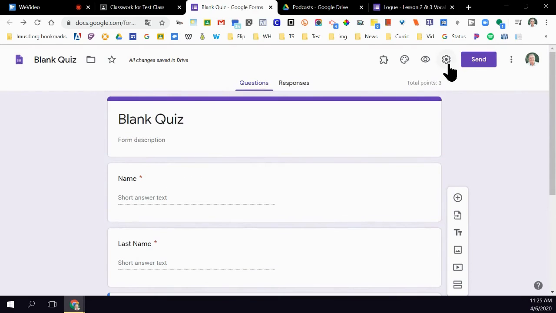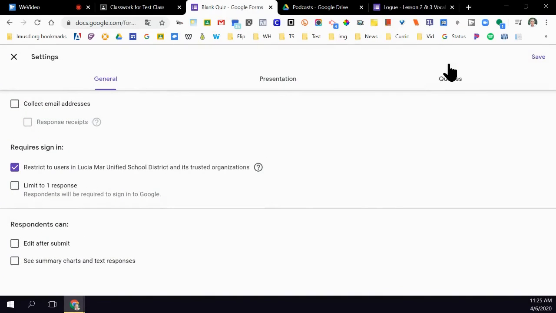Let's take a look at the settings. Now, this is different than a form setting only because we made it a quiz. So now we have quiz settings as well. But let's look at the general settings. Like I said,